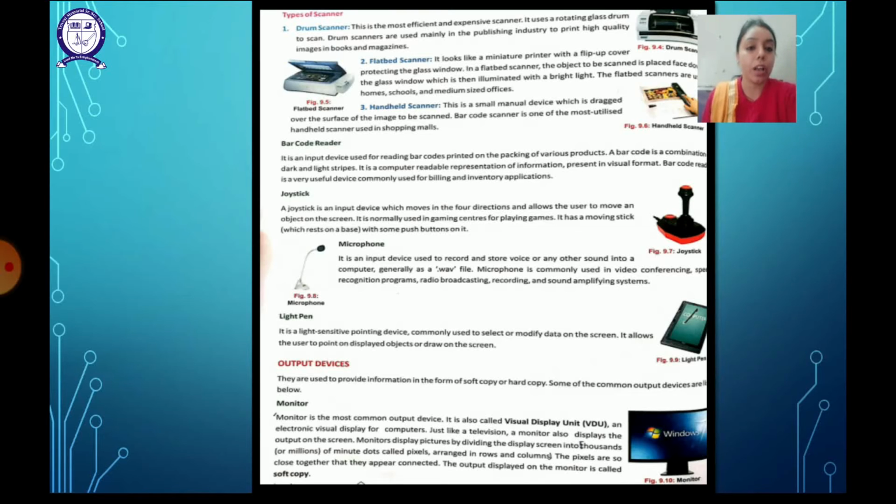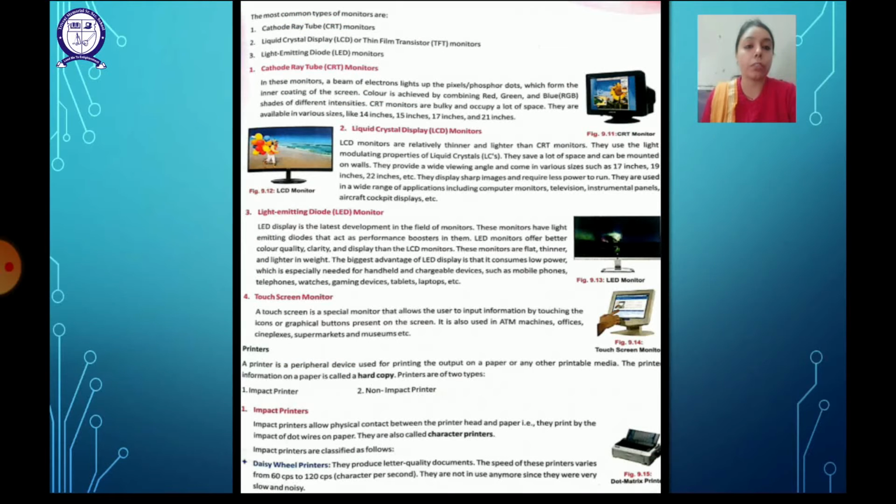First we have is the monitor. Monitor is the most common output device. It is also called the visual display unit, and it is used to display the soft copy on the screen. You must have seen the television, same is the case with the monitor, but it shows the processed data. Okay, so the page which appears on the screen of the monitor, that is known as soft copy. Earlier there were cathode ray monitors, then came the liquid crystal display monitors, that is the LCD monitors, and now the latest one are the LED monitors, that is light emitting diode monitors. So the most common types of monitors are these ones.